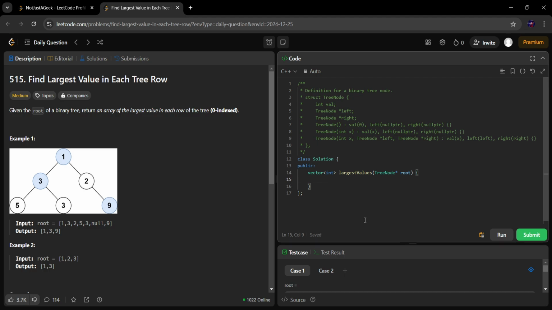So today we are going to solve the question: find largest value in each tree row. As you can see, this is a classic example of a binary tree where it requires us to find the maximum element from each row or level. So we know that we have to find the maximum element from a given level. So we're going to implement the level order traversal and find the maximum from the current level which we are at. We know that for a level order traversal we use the queue data structure,